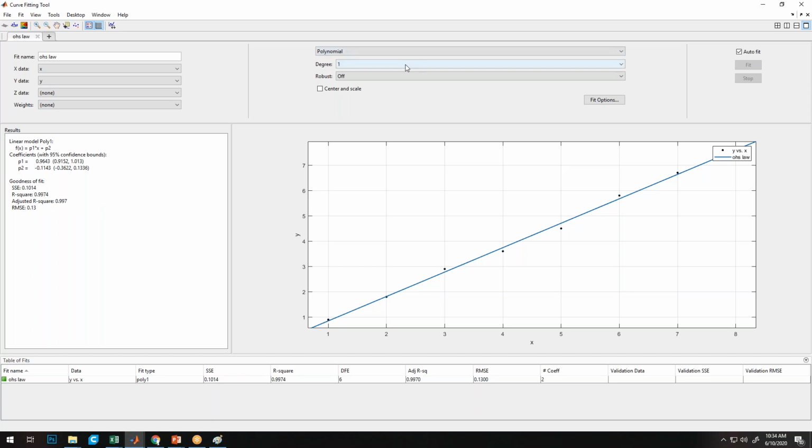As we know, in this case, we are supposed to conduct an experiment related to Ohm's law, so we cannot use y is equal to mx plus c. Rather, our equation should be y is equal to p1x, that's all. Because there is only the net resistance we want to find out in that circuit, not the p2 term.